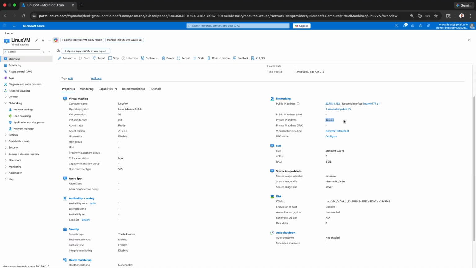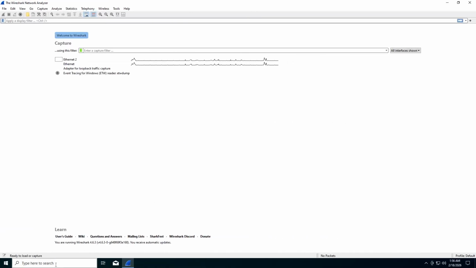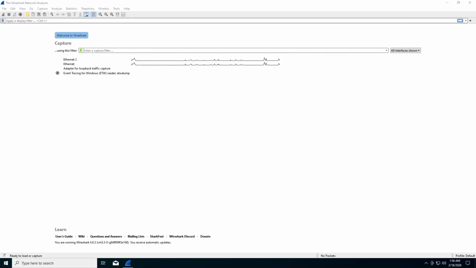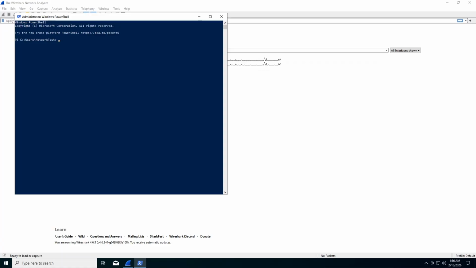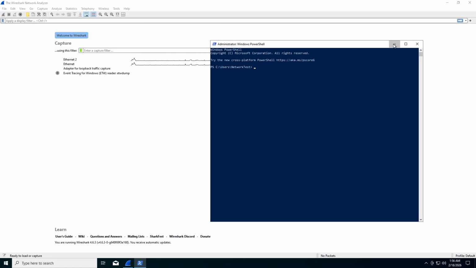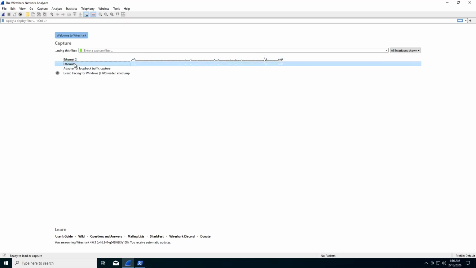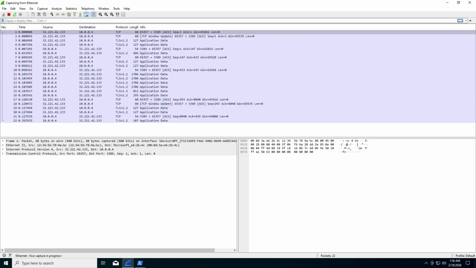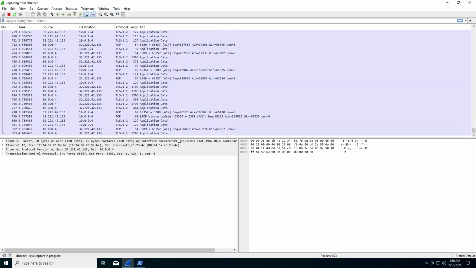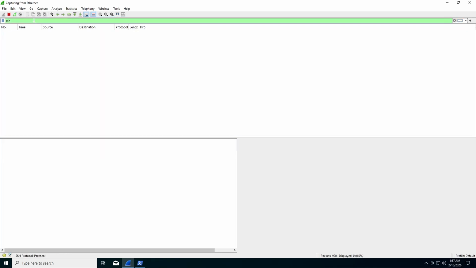Swipe back, open PowerShell. Okay, just keep that open on the side. Minimize it if you like. Now, start a new packet capture, click on Ethernet and the blue fin. Now we want to filter for SSH only. Hit enter. Now in the Windows PowerShell,